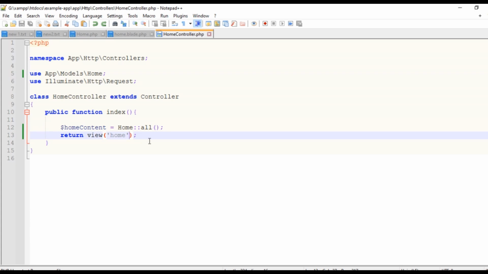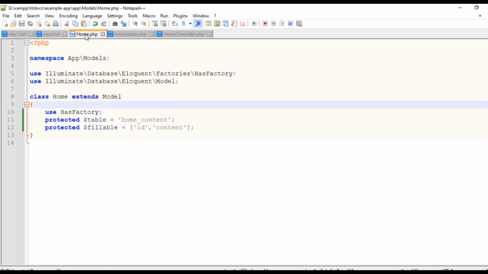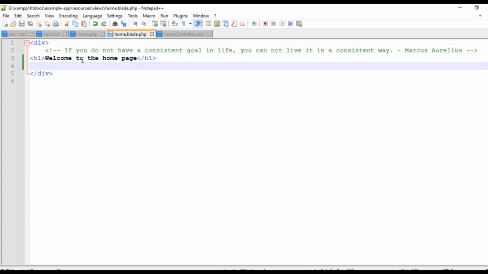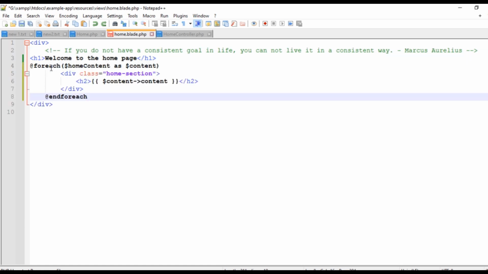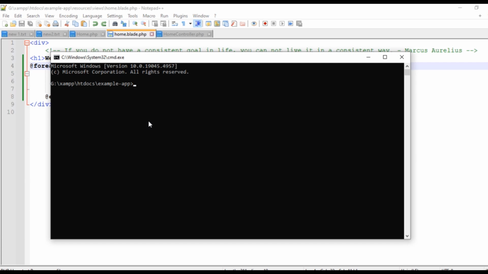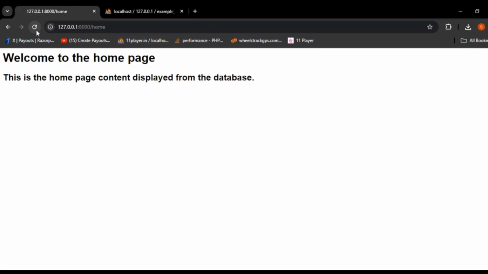After that, we'll pass this array to the view used to display content on the home Blade template. To do this, we'll write an array with the key homeContent and the value $homeContent. Then, we'll go to the home Blade template and write code to display this home content using a foreach loop. After that, we'll go to the command line prompt and check if the artisan server is running. If it's not running, we'll run the command php artisan serve. Then, we'll go to the browser and refresh the home page to see the dynamic home content displayed from the